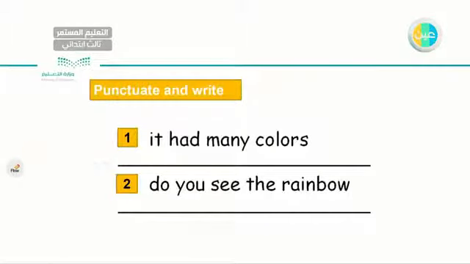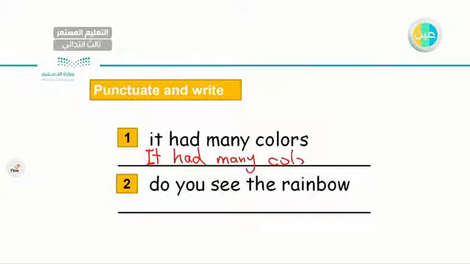Now, let's try to punctuate. As you can see, punctuate and write. I have two sentences, my dear student. Let's read the first one and tell me what's missing here. What do I need to write correctly? It had many colors. Let me choose a different color. So, as we learned, we should start with what? What do you think? A capital letter or a small letter? A capital, that's right. And here I have a small, so I should write it. Very good. It had many